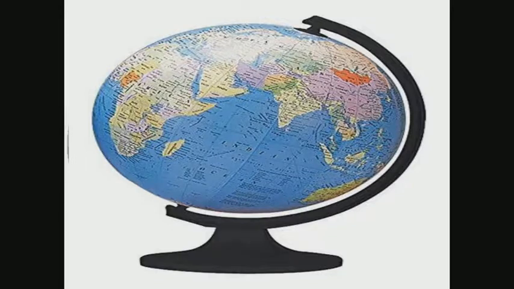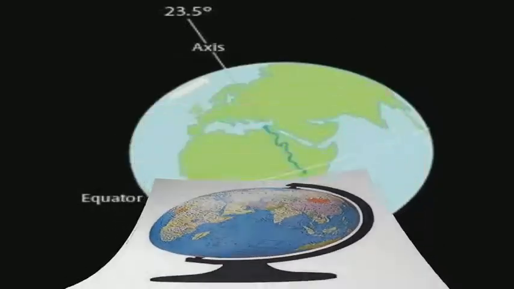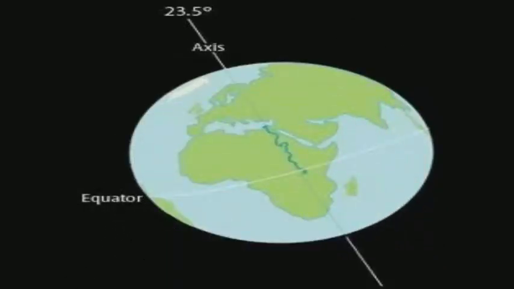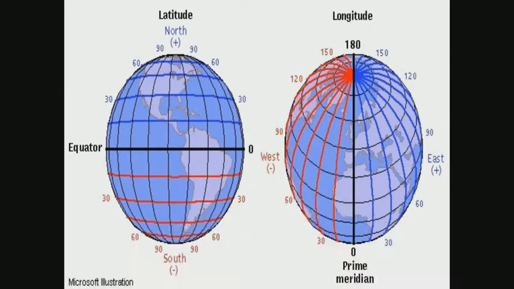A globe gives us a better idea of parallel latitude. See, this is the globe, the axis of the earth. It shows the North Pole and equator also. So, a globe gives the idea of parallels, meaning latitude, and meridians, meaning longitude. As it is three-dimensional, it helps us to understand how day and night occur and how seasons are caused. Only a globe gives us an idea about the tilt of the earth's axis.